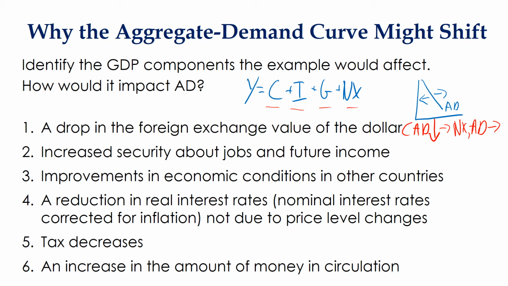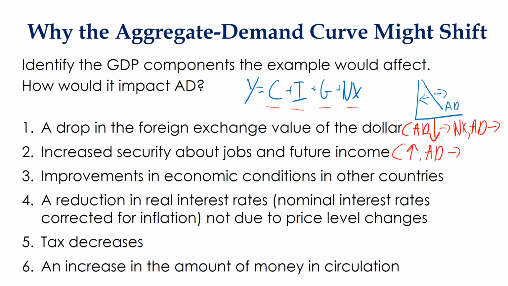Number two, increased security about jobs and future income. Hey, the economy is ripping and roaring. This is known as consumer confidence, right? So, which one is it going to affect? C, I, G, or NX? You got it. It's going to affect C, consumption, more consumer confidence. So consumer confidence is going to go up, and then AD is going to shift to the, you got it,